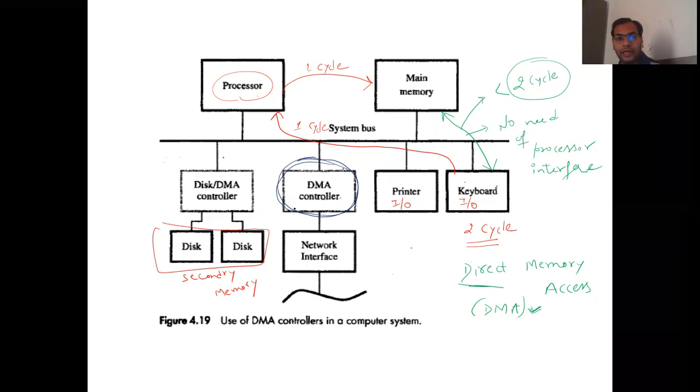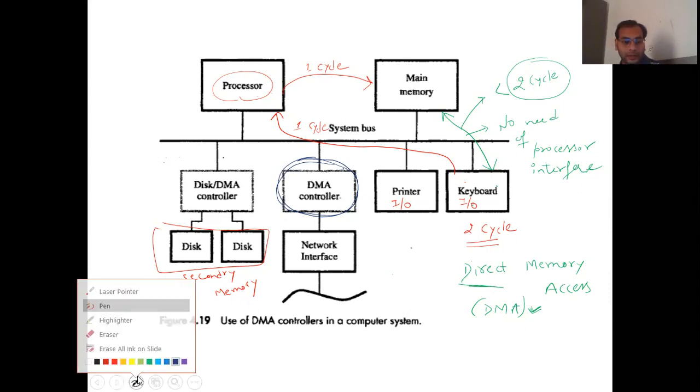This DMA controller will help us get the control of these buses so that we can directly access the main memory, because whenever we want to access the memory we have to go through this bus. But the control of the bus is where? It is in the hand of the processor. That's why, even if you want to directly access the main memory, there should be a way through which we can have the control of this bus and directly interact with the main memory. That is going to happen. Okay, so let's see how this process will be happening.